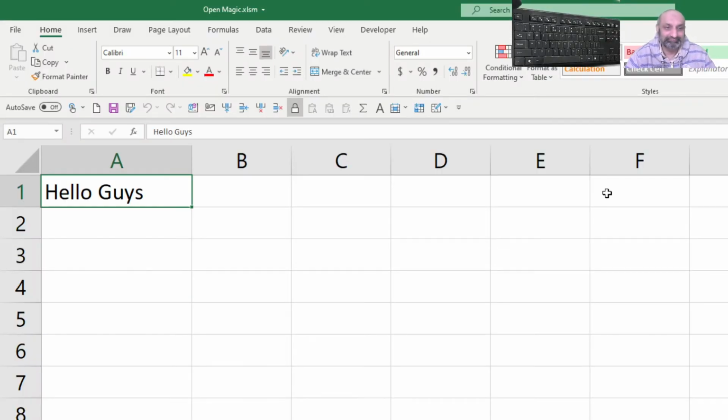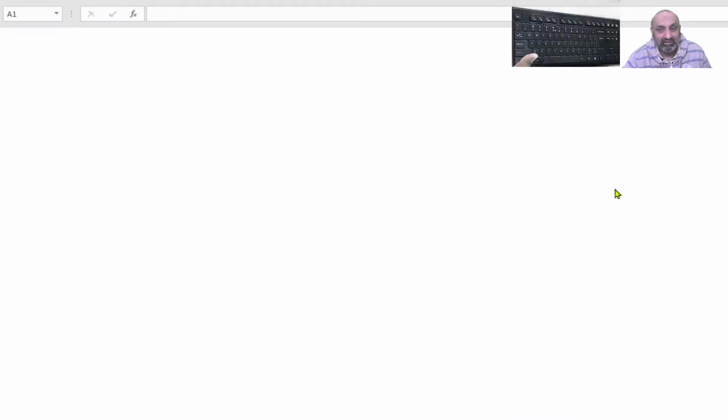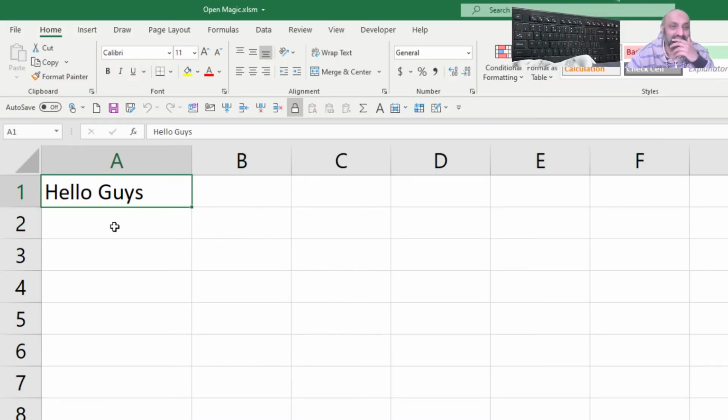Oh my god, "hello guys" is still there. What is the problem? Why is Excel not saving our changes? Because I'm not running any command. Let's say delete, Control S. I'm pressing Control S. It's saved. I'm closing the file and opening it up, and "hello guys" is still there.